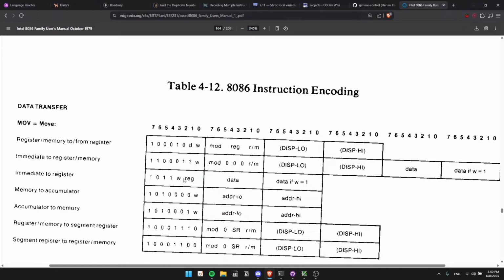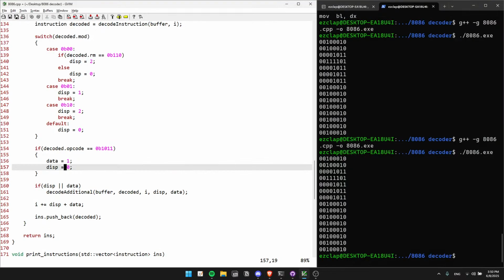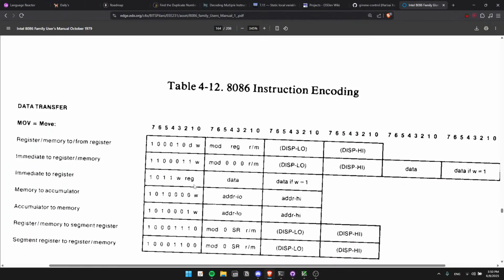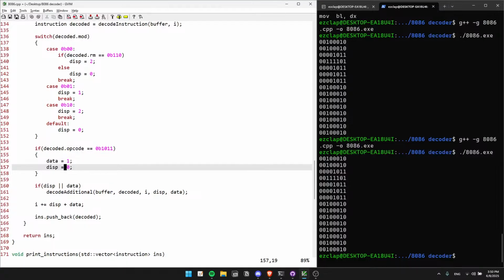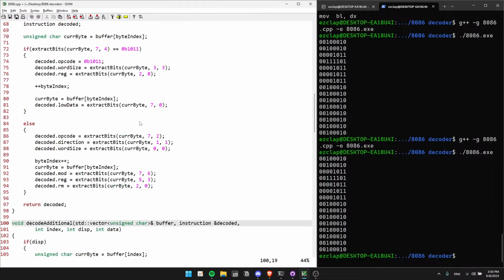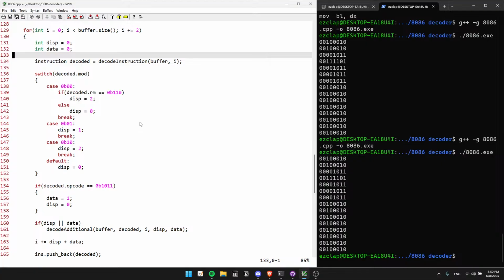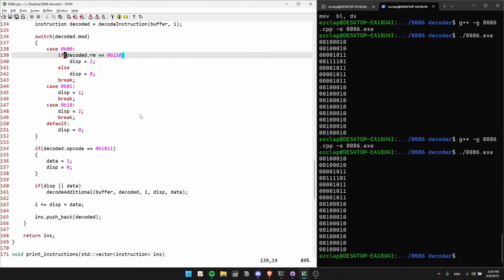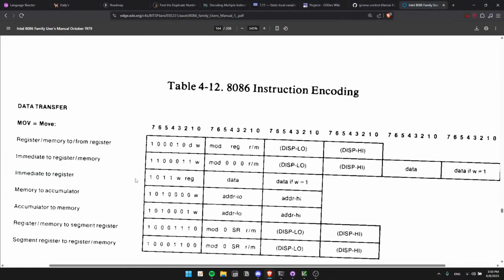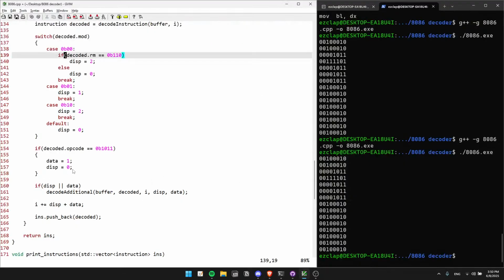And we also need to make sure that the displacement is there, because, you know, it doesn't matter what the displacement is. I mean, there is no mod code. Maybe I should set that. That's fine. It doesn't really matter. Okay, so now we have already decoded the opcode. So this is correct. Then, if there's a displacement or data,